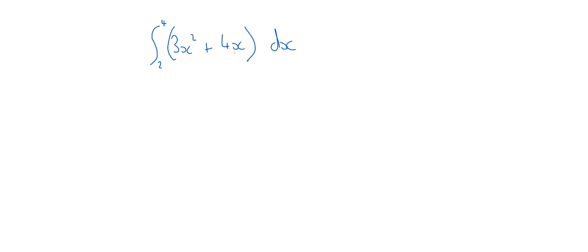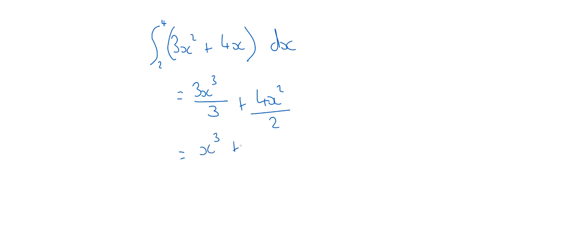Because we're integrating with respect to x, we're talking about the x-axis between the values of 4 and 2. So let's ignore the 4 and 2 now. We're just going to integrate like we normally do. So I can say that this is, first of all, let's integrate this. So I get 3x squared: add a power, divide by the new power, add a power, divide by the new power. All right, so that gives us, this cancels out to 1, so I've got x cubed, this becomes 2, so